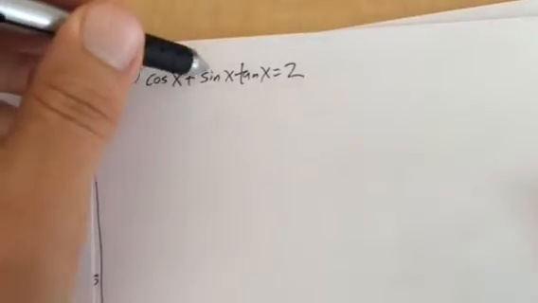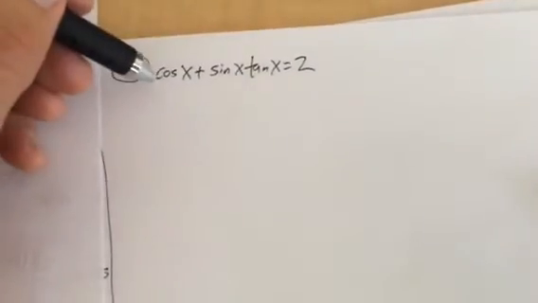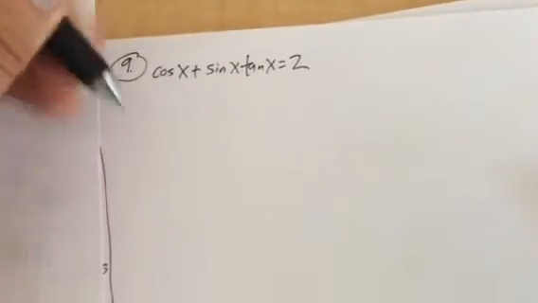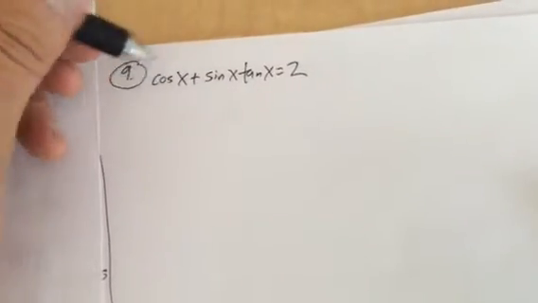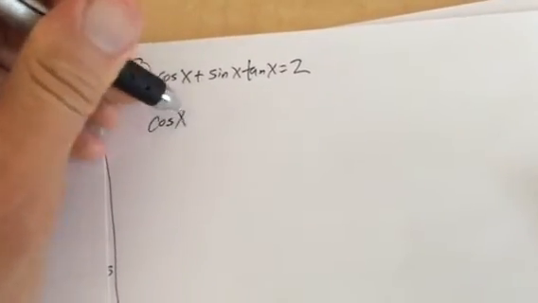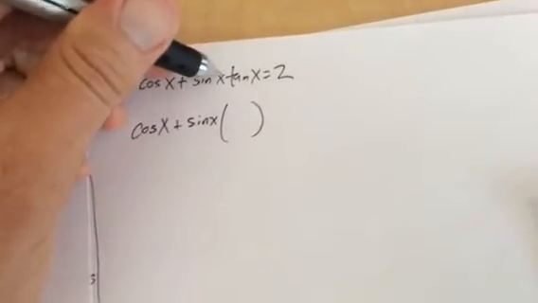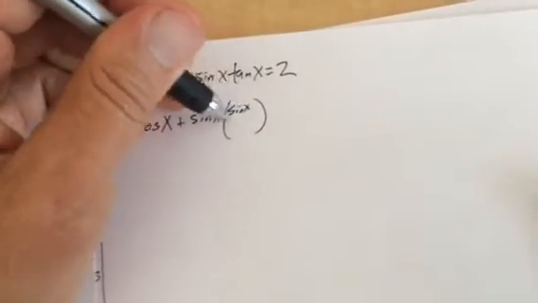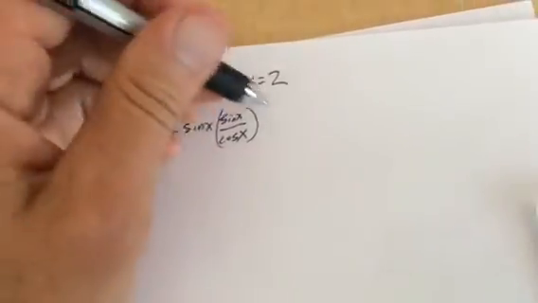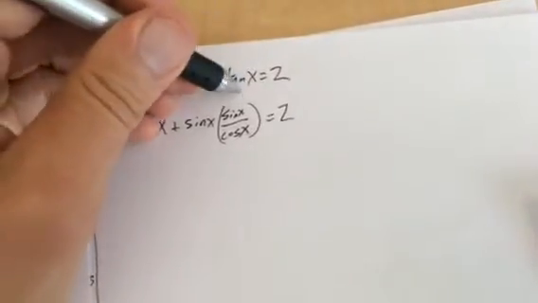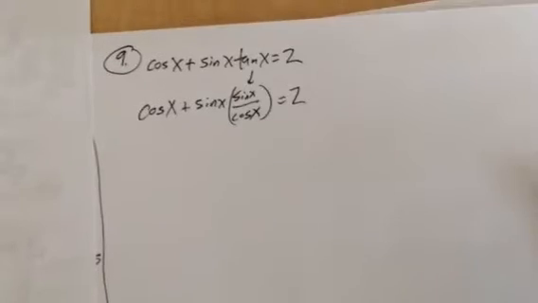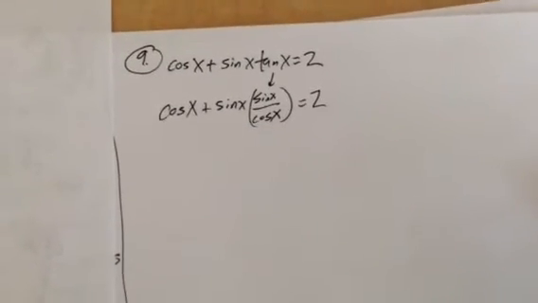So I have cosine, I have sine, I have tangent. It's a mess. I'm going to try and simplify this a bit, at least reduce the number of trig functions in here. So cosine x plus sine x. One thing I know about tangent x is it's sine x over cosine x. So I just substituted that. So that's going to at least reduce the number of trig